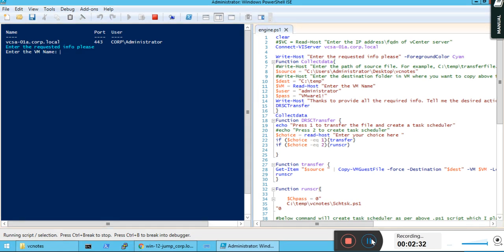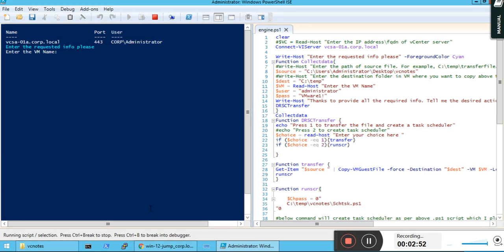So without wasting much time, I proceed with this. Here I have already prepared the script, which is connected to my vCenter server and asks for the virtual machine where I would like to move those scripts and create a task scheduler.